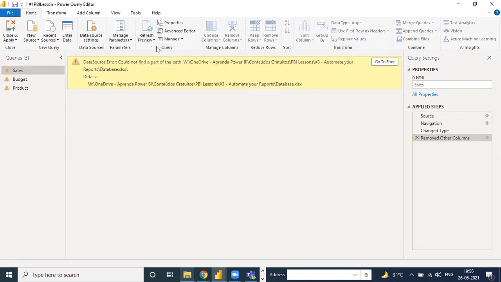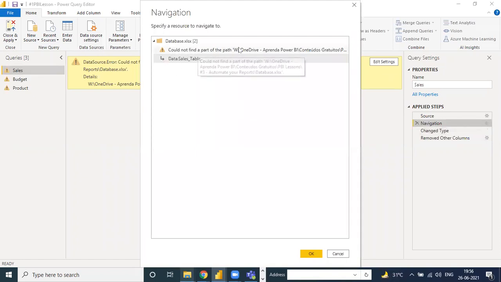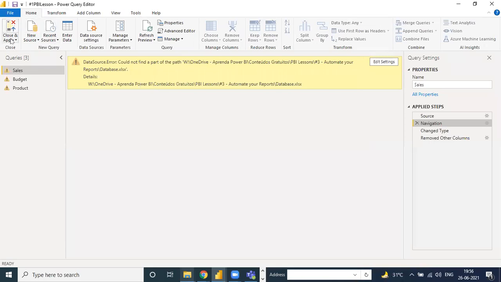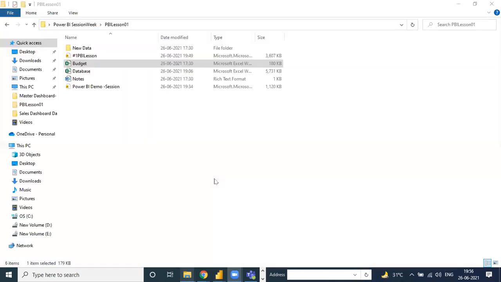When you refresh the preview, it shows that there are some errors, so you can go to the error and click there. Suppose you go to the main step and edit settings, and check how many errors there are. How to transform this error or how to play with this error, we are going to share all the details.